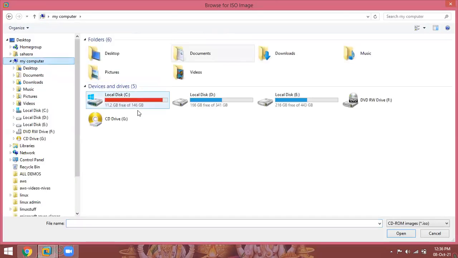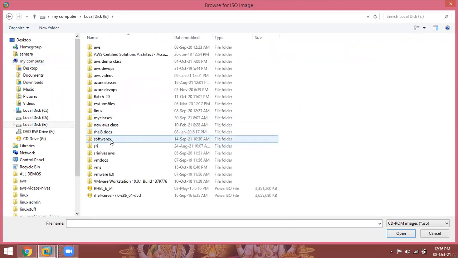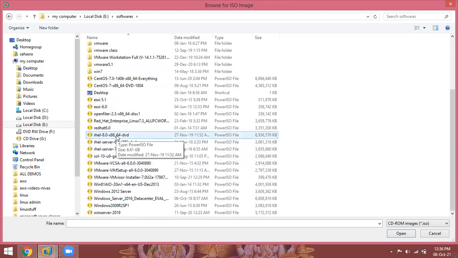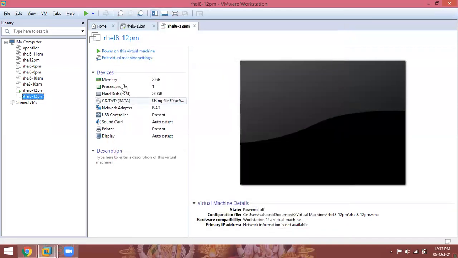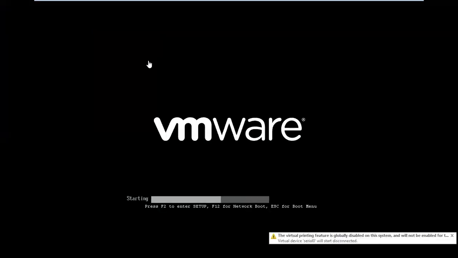Go to where you copied the system images; I copied them in the E drive, softwares. So select the Red Hat 8.0 version. Click on OK. Now power on that virtual machine. Now the RHEL 8 installation process is starting.